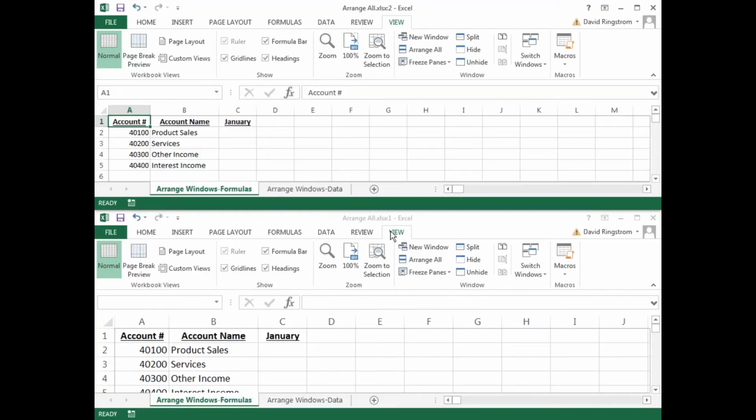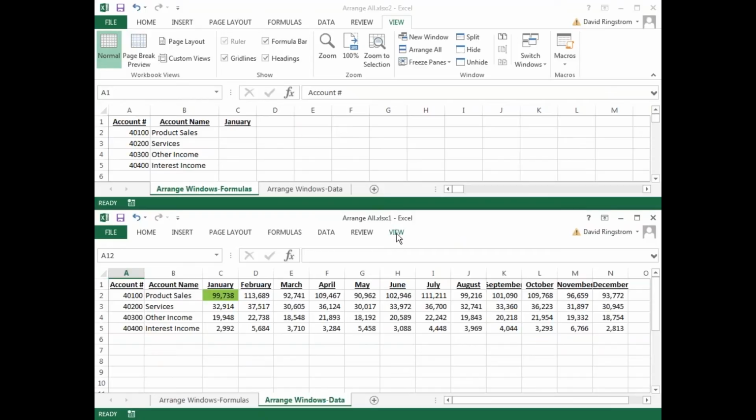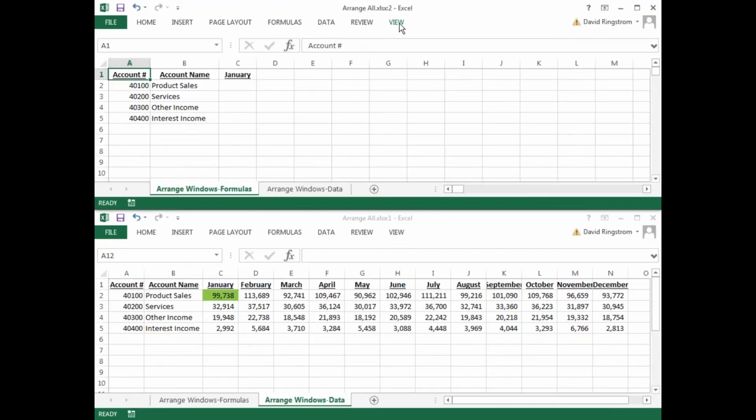But in Excel 2013, we see that the menu is duplicated. Now, I am seeing the first worksheet in both windows. So down here, I can click on the second worksheet, and so I can kind of see both places. But if I double-click on the View menu, that collapses that down. Come up here and double-click on the View menu. That collapses that down. And then I've got a pretty good arrangement.